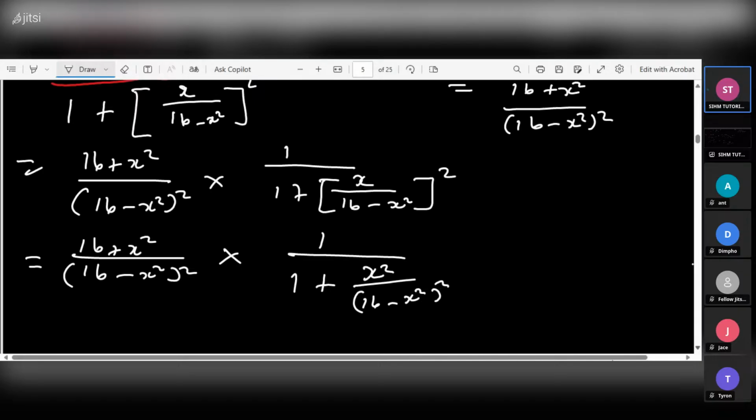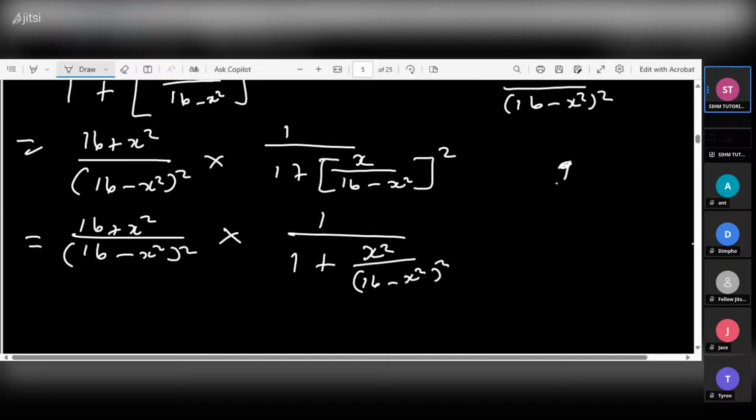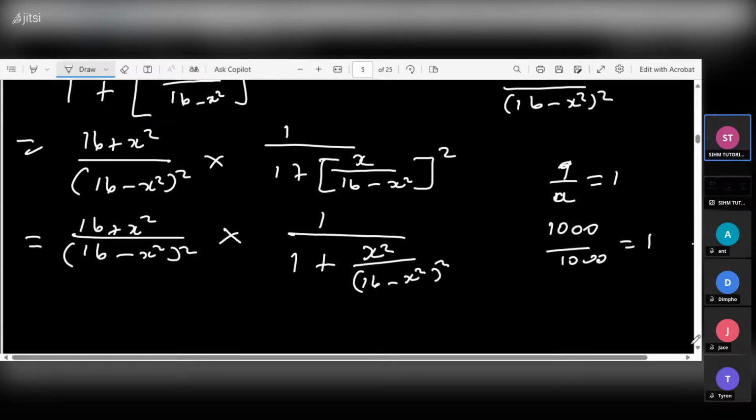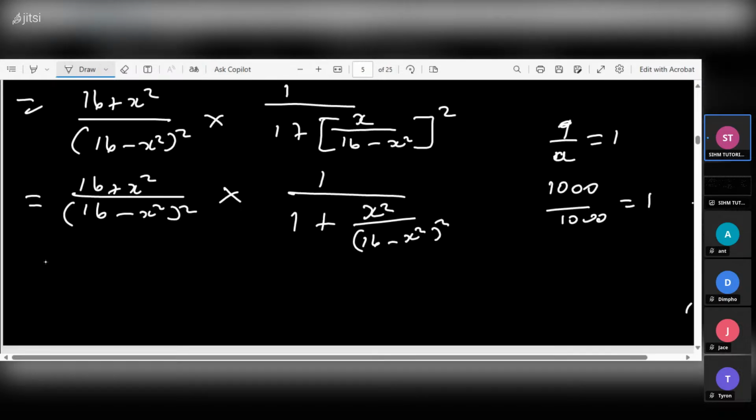So from there, as you know, a over a is equal to 1, so 1000 divided by 1000 is equal to 1. As you know, any magnitude divided by that magnitude is going to be 1. So from there, we're going to say that (16 plus x squared) all divided by (16 minus x squared), and then all squared, times